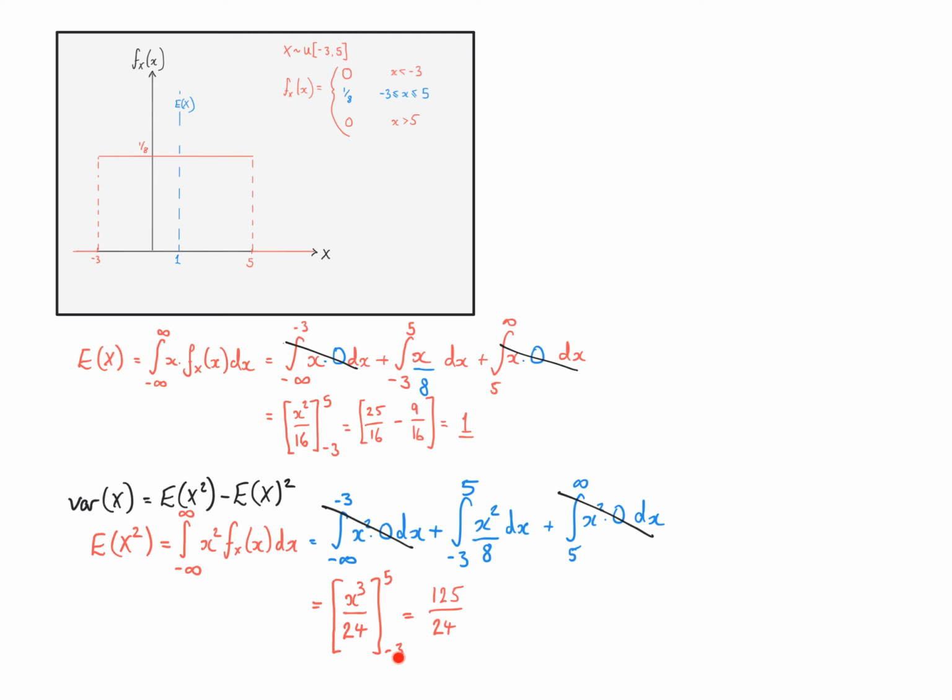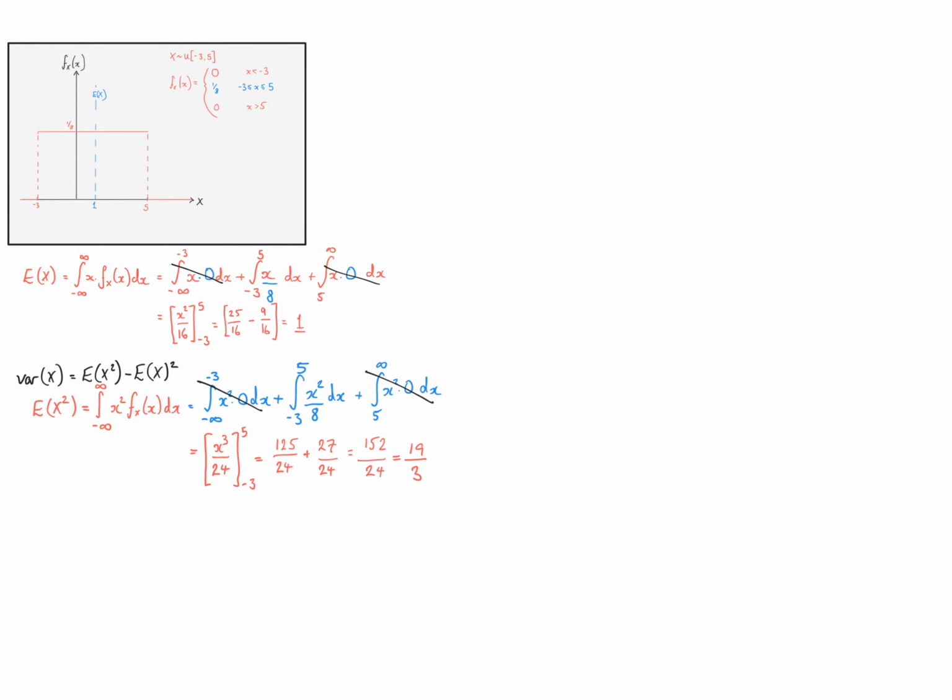Minus 3 cubed is going to be equal to minus 27, so that's going to be minus 27 over 24, or plus 27 over 24, which is equal to 152 over 24, or 19 over 3. So we now know the expectation of x, we know the expectation of x squared, and we just need to combine these to give us our variance,